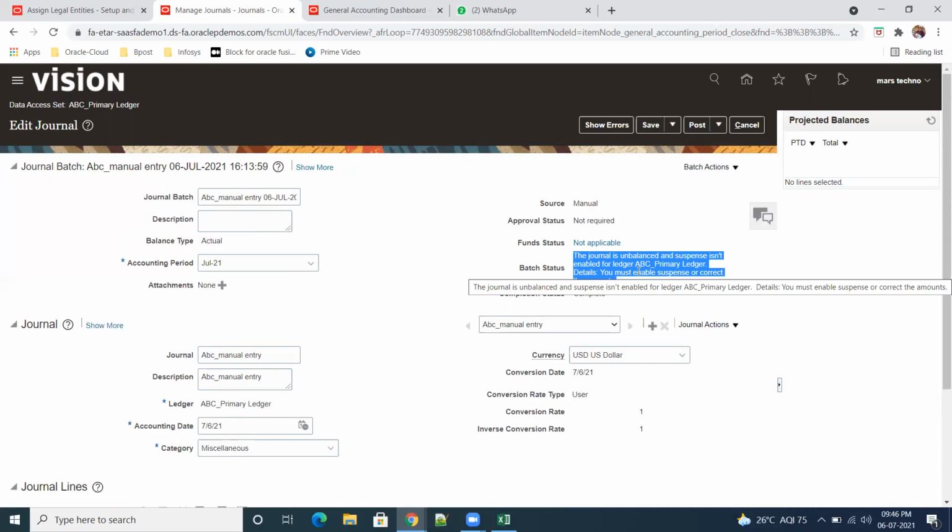See, in the natural accounts there are a lot of accounts, revenue accounts and expense accounts, right? So the system is asking about the unbalanced suspense account, something is missing. That is the reason the system did not post this entry into the ledger.